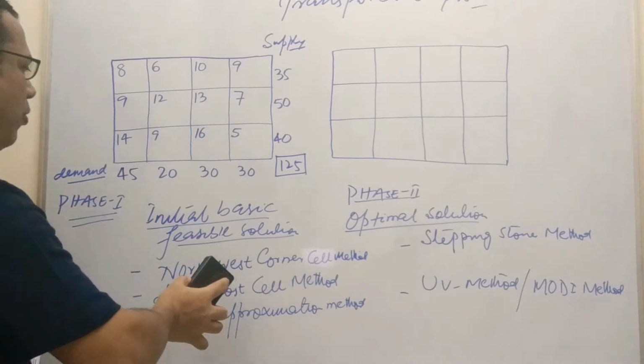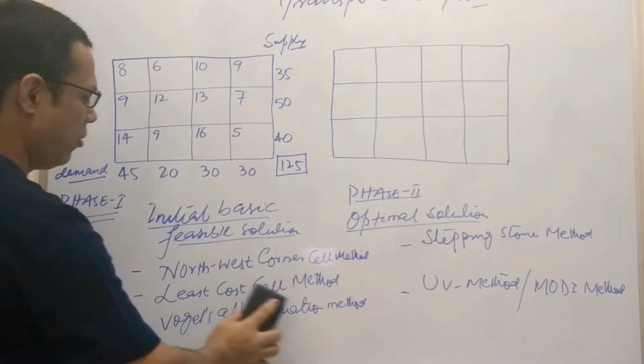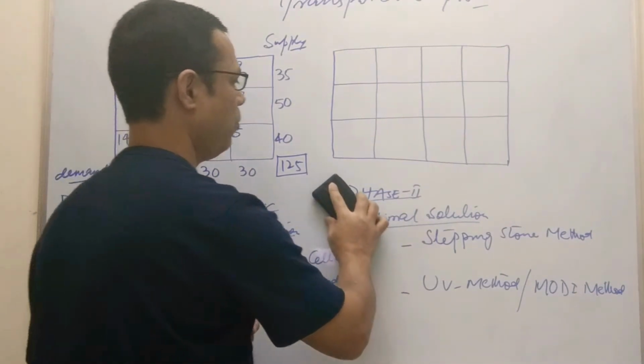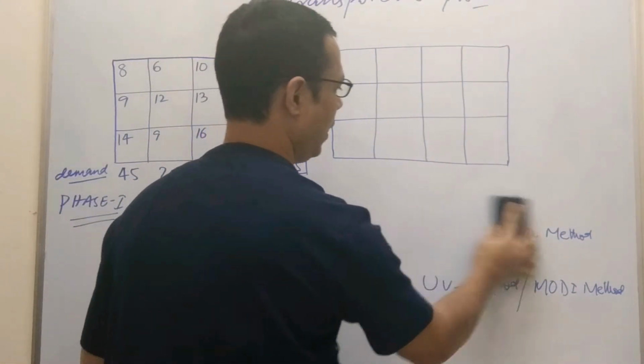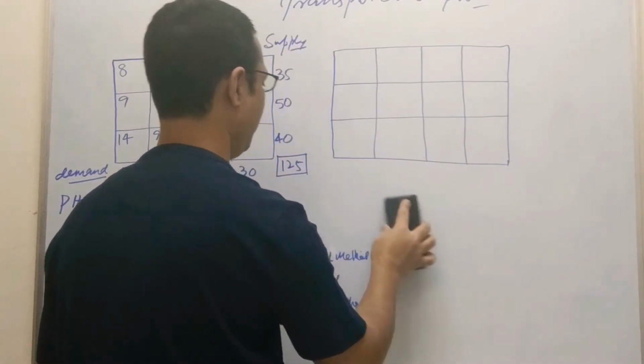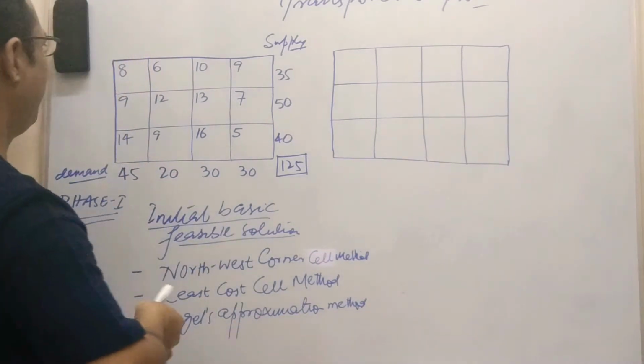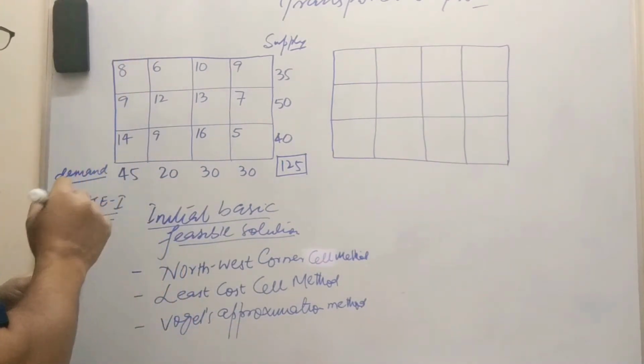Okay, now first I am going to get the initial basic feasible solution by applying the northwest corner cell method. Then we'll move to phase 2. One by one we'll apply all these methods to get the initial basic feasible solution. Once you know how to get the initial basic feasible solution, it will be easy to get the